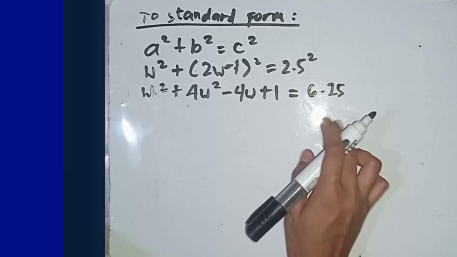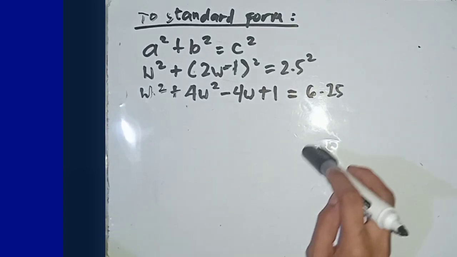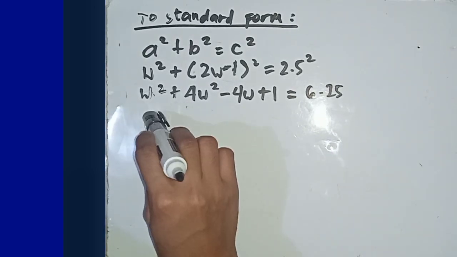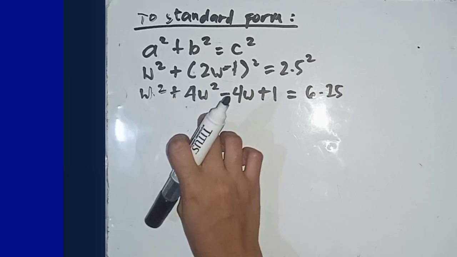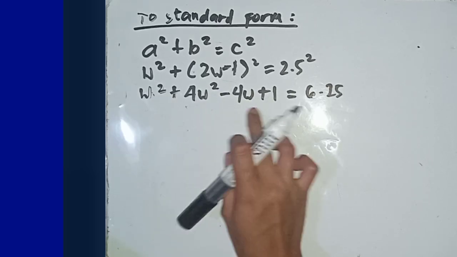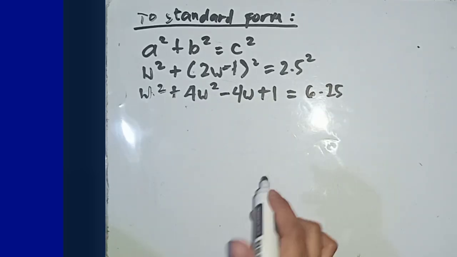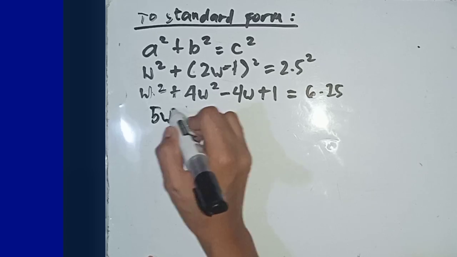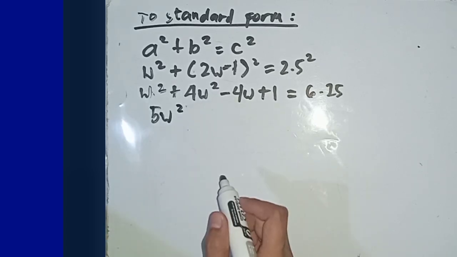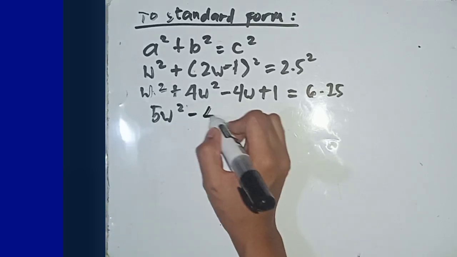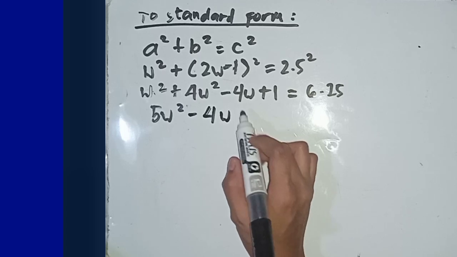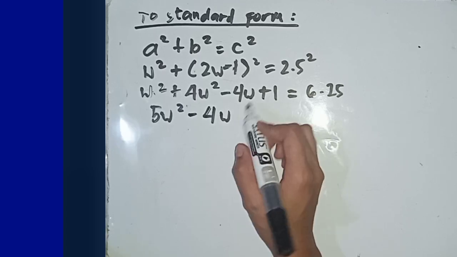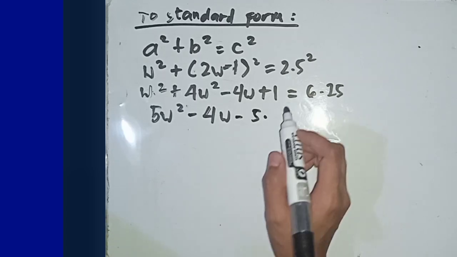And yes, we will be combining like terms. So that w squared and 4w squared can be combined, and the 6.25 and 1. Okay, 5w squared minus 4w is equal to,